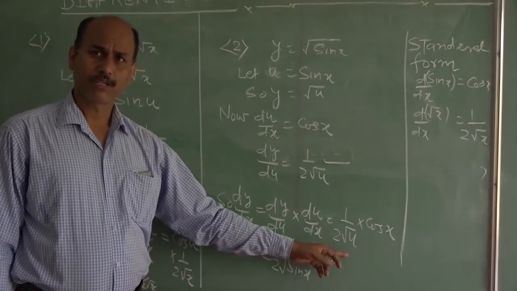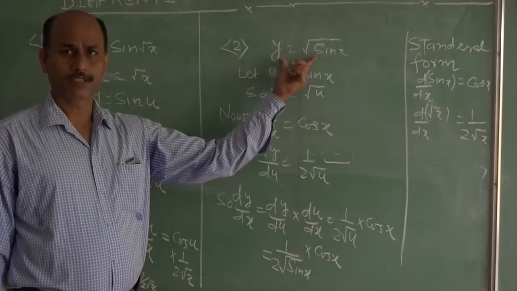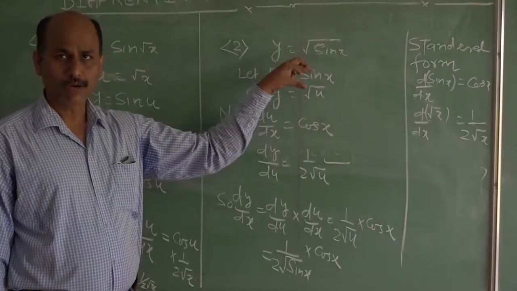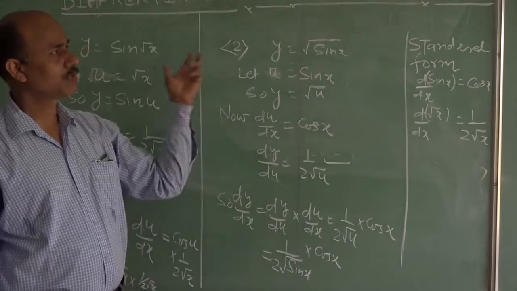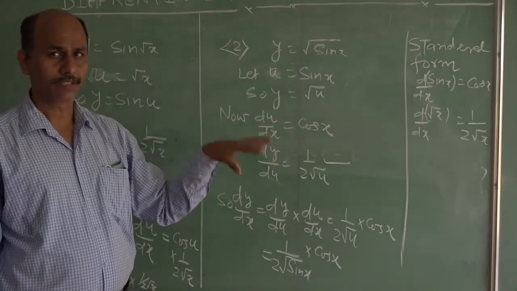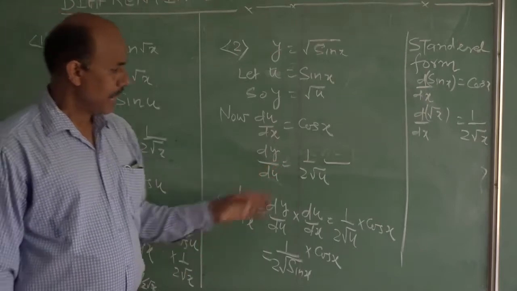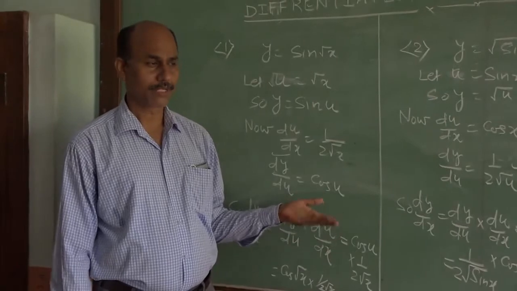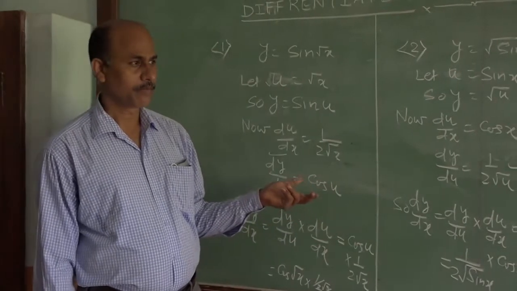That is going to be the differentiation of this function, where not only one function is given to you at a time, but more than one. That's why this topic is known as differentiation of function of functions. Now there is some other way also to find the same value. The same information you can find, but by some other way.